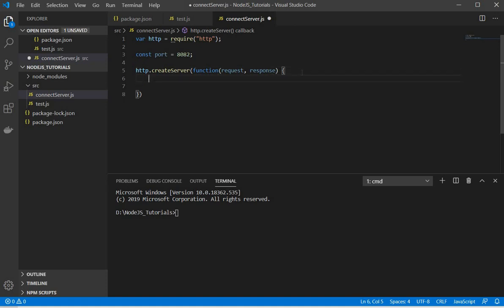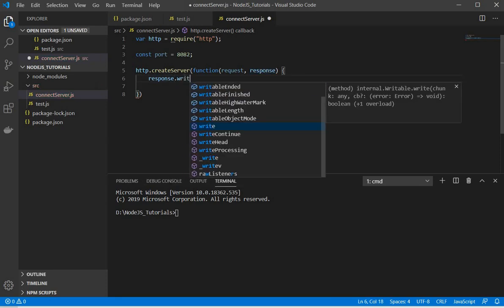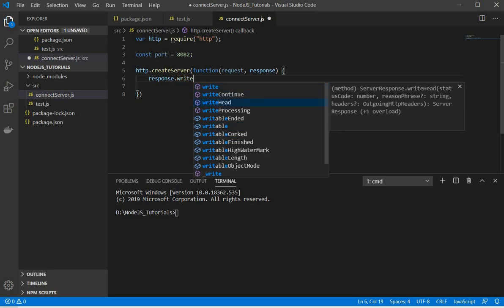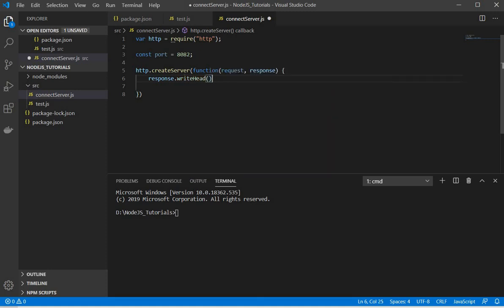Now next what I need to do, we need to set the header. So what I'll do is response, this response is the response that we have passed as parameter. So response dot write, if you can see, this is writeHead. So here we need to pass the status, which is 200, 500. 200 means success, 500 means your server internal problem. So I'm giving 200. Now we need to set the content type, meaning which type of content you're gonna use. So I'm gonna use text kind of or plain.